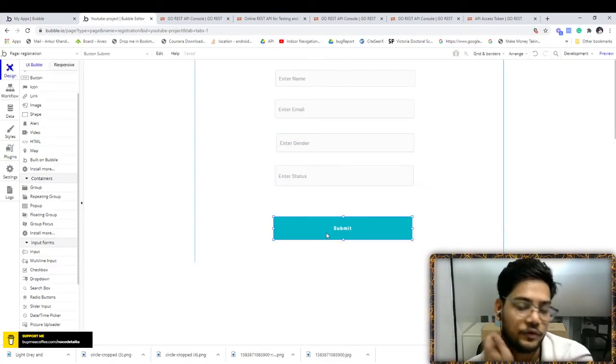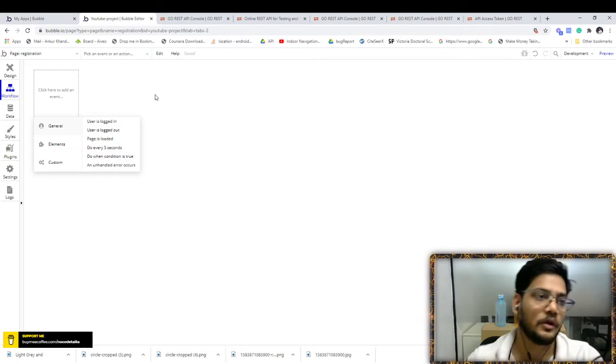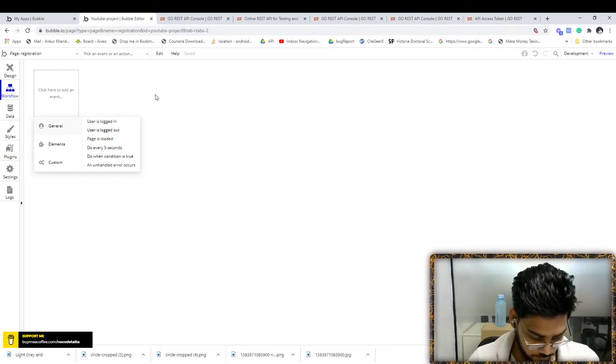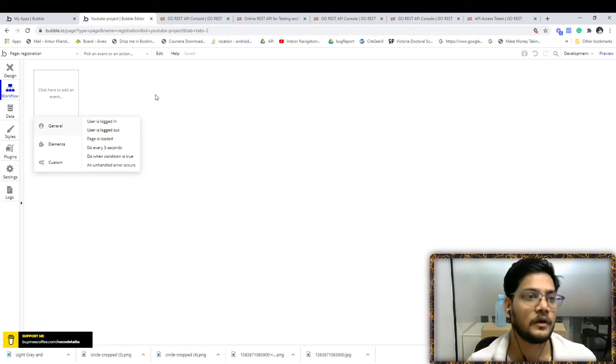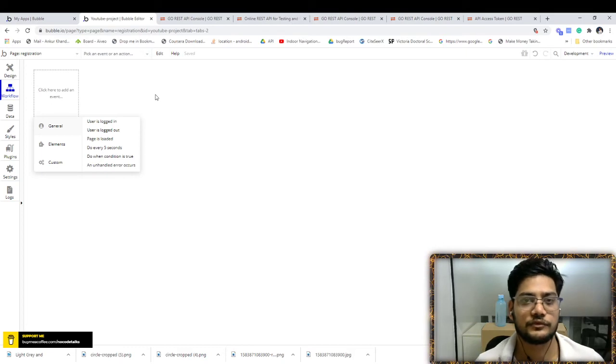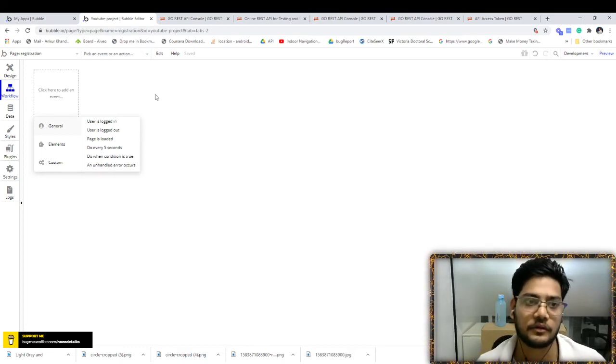So when you click on the submit button, you have to create a workflow. What is a workflow? Think of a workflow as a set of logic or a chain of commands that you need to use.